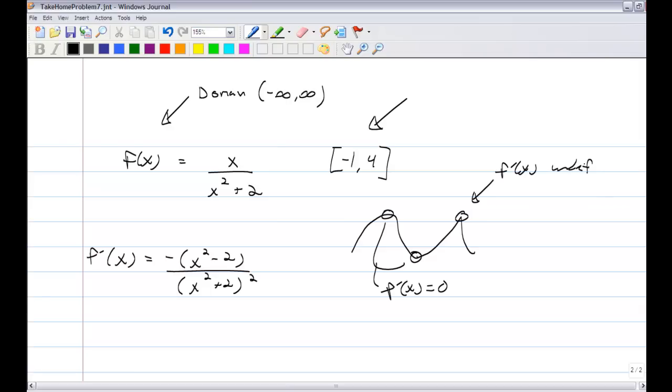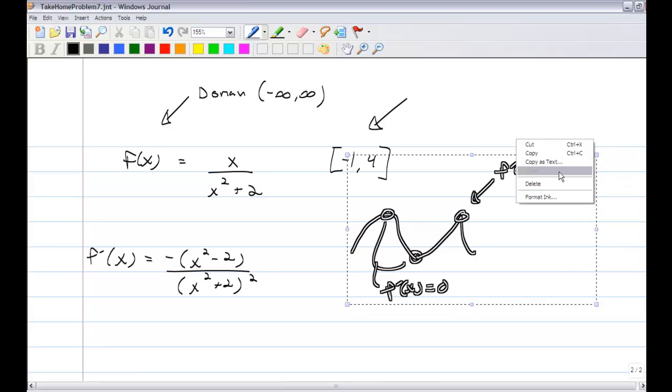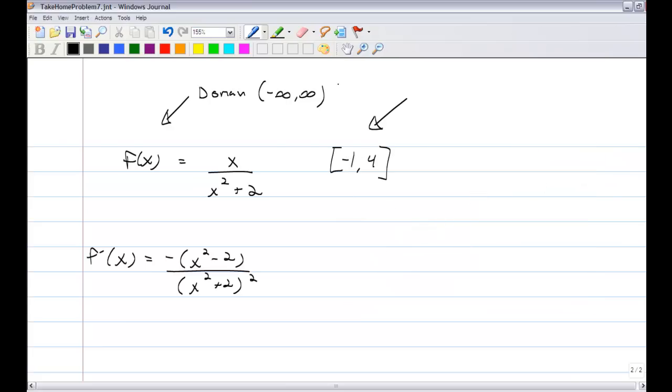But what we're getting at here is the only way for your function to turn from increasing to decreasing or decreasing to increasing is if your derivative goes to 0, or your derivative goes undefined, or the function itself goes undefined. So we've already said this function has a domain of negative infinity to infinity. So no worries about it going undefined. The next would be to say, well, where does f prime of x equal 0? Well, we will only have to look from negative 1 to 4, and we know from previous work f prime of x equals 0